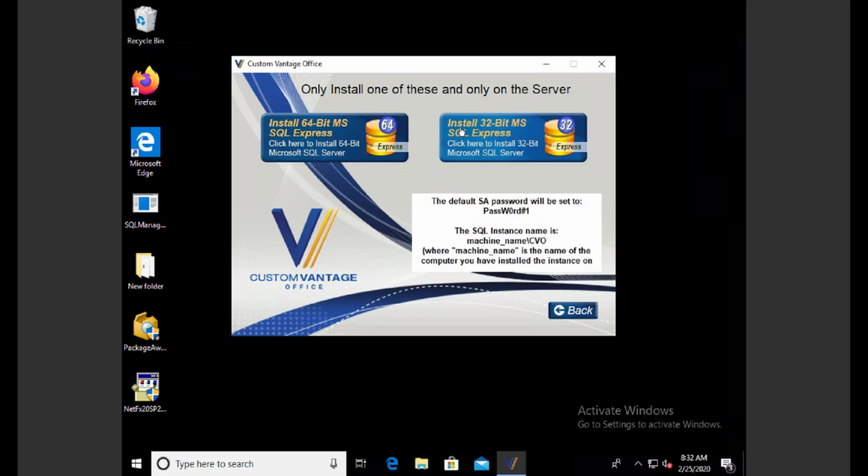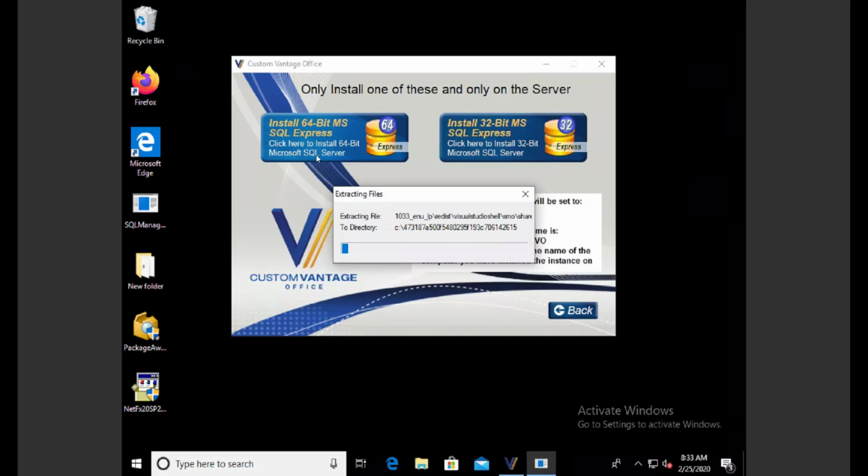And again, we know now that we're on a 64-bit, so we're going to click on the 64-bit. Now, this is an important piece here. It's going to tell you what the default SA password will be set to, and what the name of the database server will be. It's going to be your machine name, so whatever your machine name is with a \CVO. The machine name, if you've never changed it, is going to be a weird bunch of letters and numbers. And again, we could have seen that under System. So we'll click to install the 64-bit